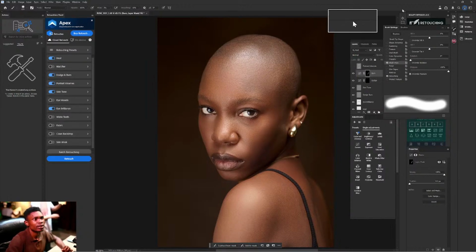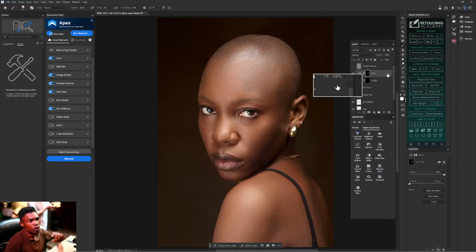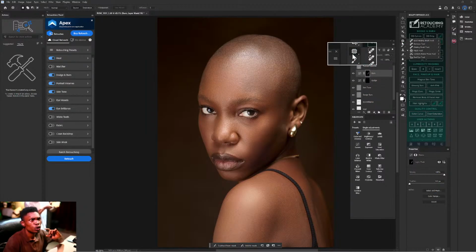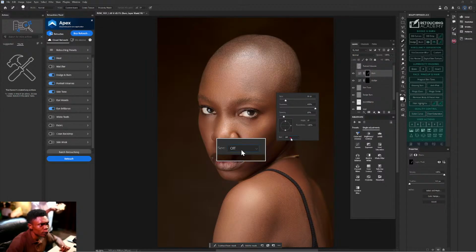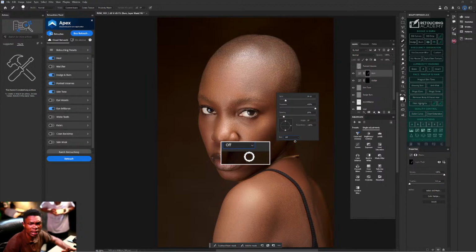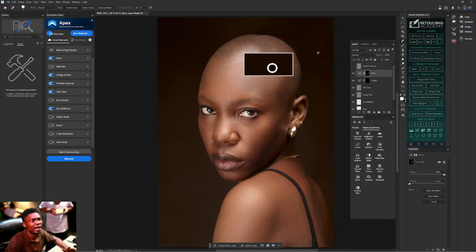Then another thing, this one is for the brush. If you go to the spot healing, if you right click, you will see pen pressure. If you just started using a graphics tablet, turn it off, because you don't need it, so that it doesn't slow down our workflow. Unless you have mastered how to use pen pressure, or you have mastered your graphics tablet, that is when you start to use all of those things. But for now, we don't need all of those things, so disable it.